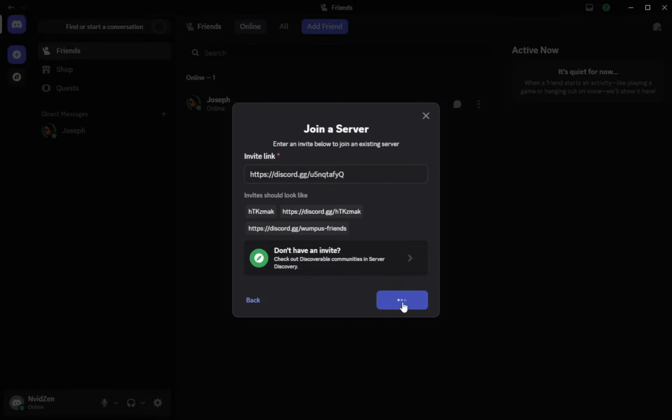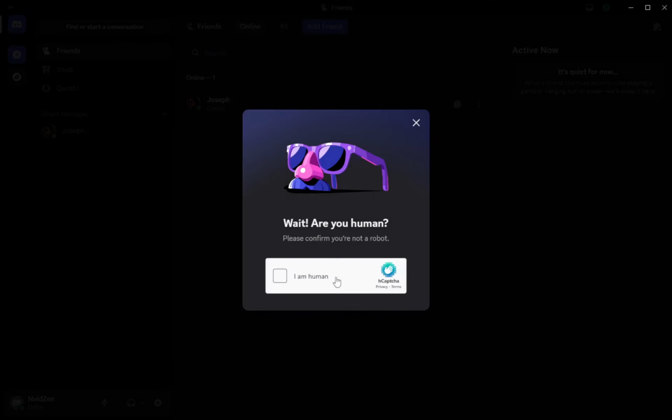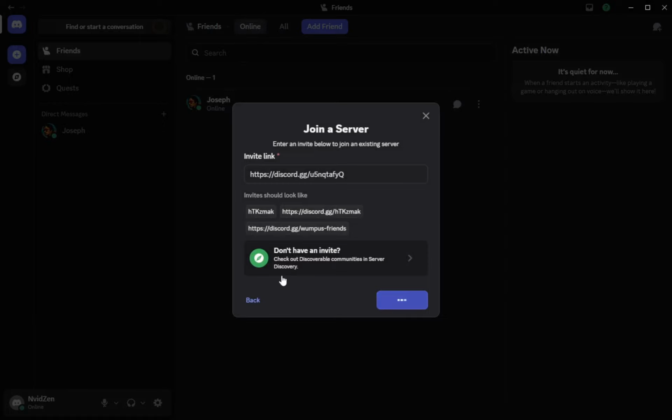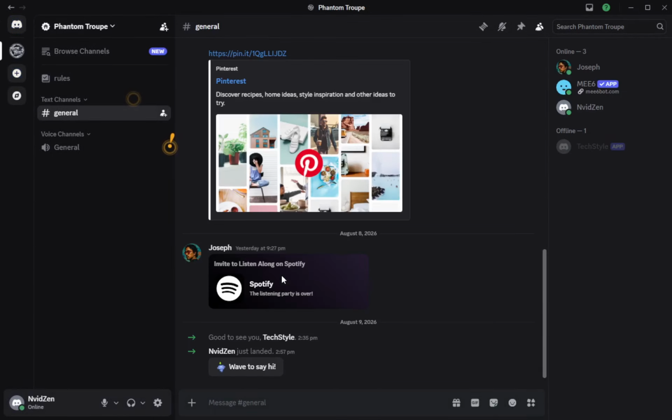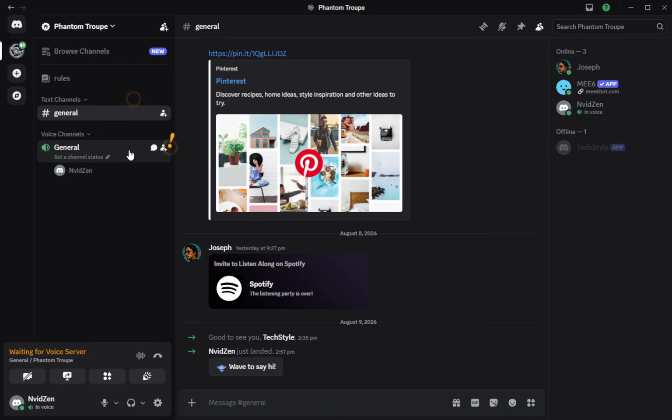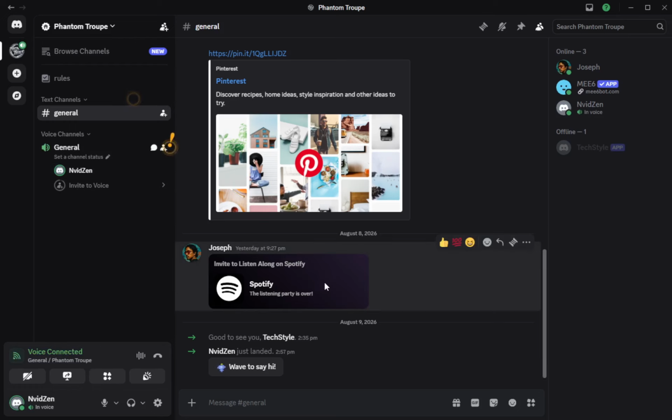After that, complete any rules screening or verification required by the server. Many servers open a welcome or rules channel automatically. You may see a panel asking you to read rules and click a button to accept, or react with an emoji. Some servers ask you to verify an email or answer a few questions. Once you finish whatever is shown there, new channels appear in the list, which means you now have full access.